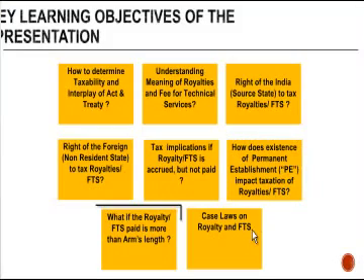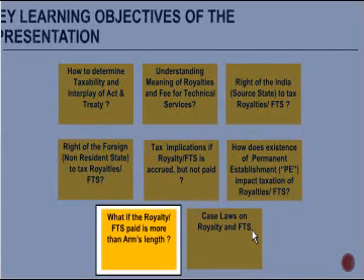The next question: what is going to happen if the royalty or the FTS which is paid by the Indian company to the parent or to someone else is more than arm's length? Now suppose I have to pay royalty to my foreign parent for the use of brand. On an arm's length basis, it should not be more than, let's say, 5%. But I pay 7%, right? So this excess 2%, is it going to still be taxed under royalty FTS or not?